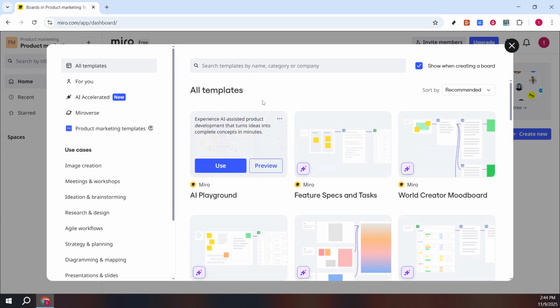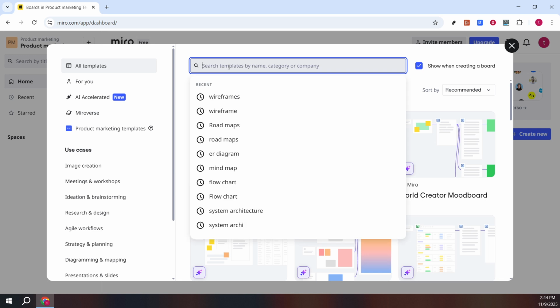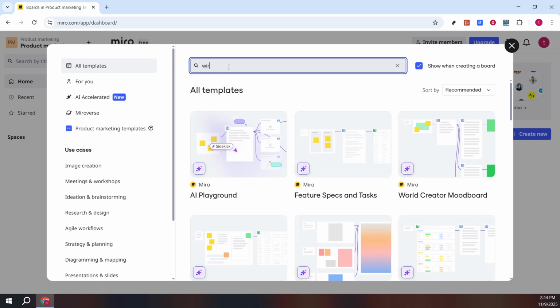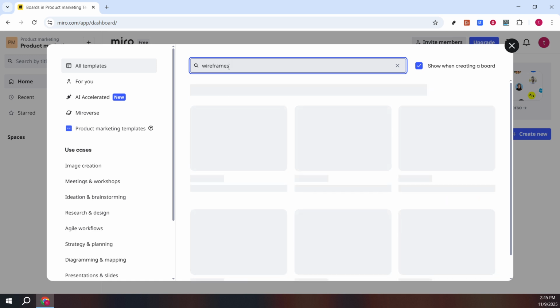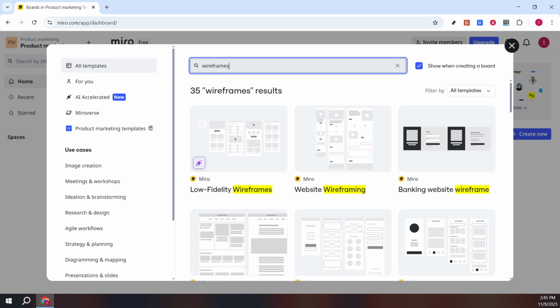covering everything from project management boards to mind maps. But for today, what we are interested in is wireframes. So let's type wireframes in the search bar. This will filter the templates to present only those related to wireframes, making it much easier to find the right design for your project. As you can see, there's a variety of wireframe templates available, each designed to meet different